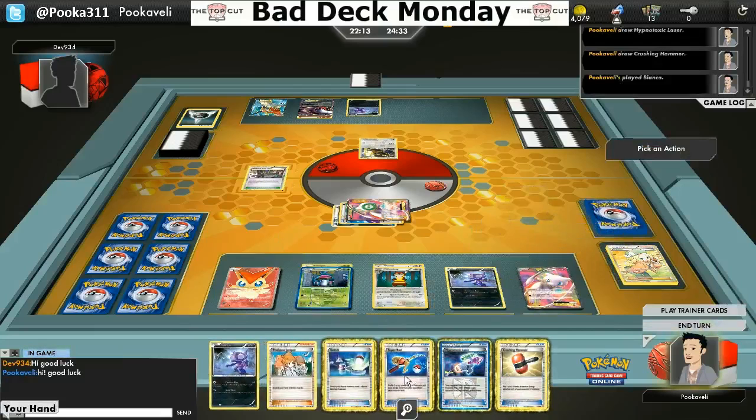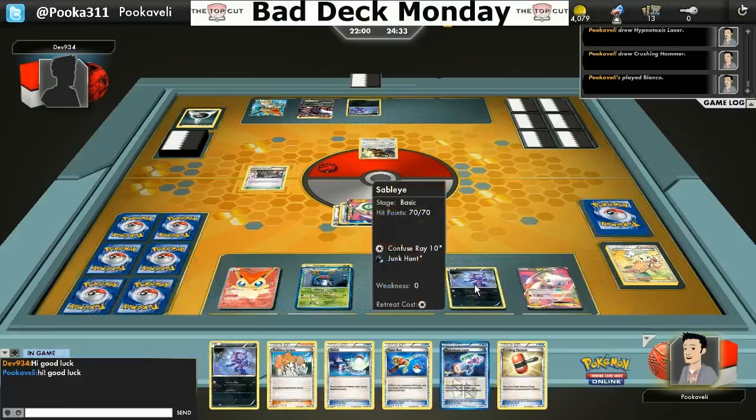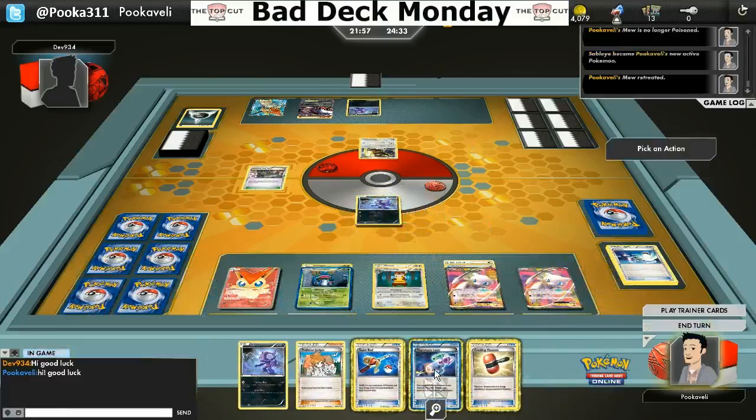Alright, so I do get a switch, but I did not get an energy to use Junk Hunt or Retreat and then Junk Hunt, so this turned out pretty poorly for me. But at the very least, I can just switch into the old Sableye here. And then we can play a Hammer, we can play a Laser, and that's really how this deck gets the